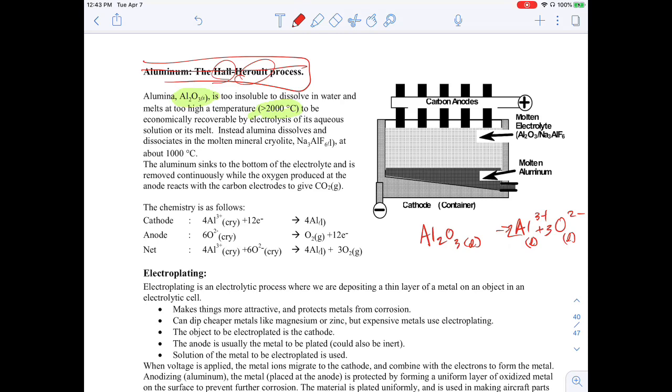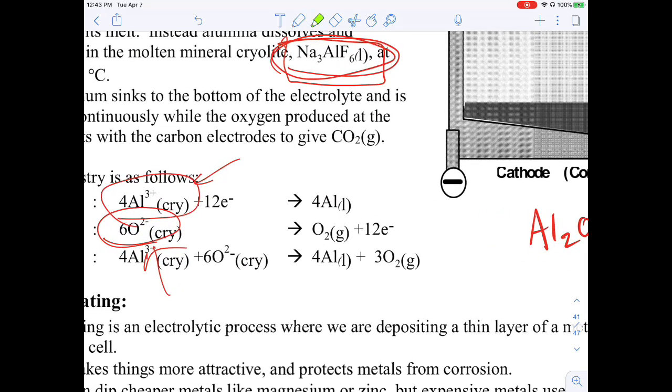If they dissolve the aluminum oxide in a chemical called cryolite, which is this weird chemical here, it will become liquid, and you can dissolve the aluminum and the oxides in the cryolite, and then the strongest oxidizing agent is aluminum, the strongest reducing agent is oxygen, and you're able to refine aluminum